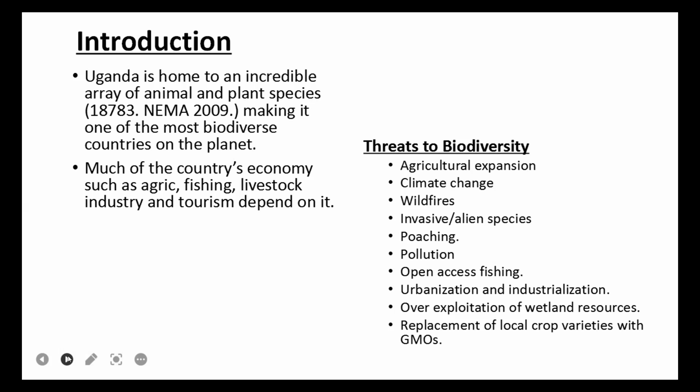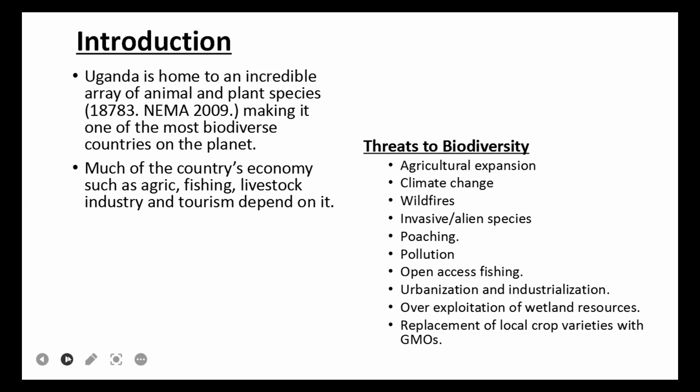There is also poaching. People near parks poach these animals for survival and also for doing other businesses. Elephants can be killed for tusks. Some animals can be killed in order to get their skin, and also for food for mankind. Then there is also pollution, as we saw yesterday in the other presentations. A lot of production of undesirable gases pollutes the atmosphere, and this threatens biodiversity.